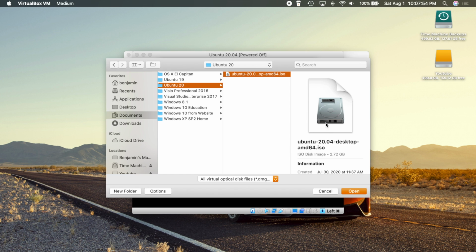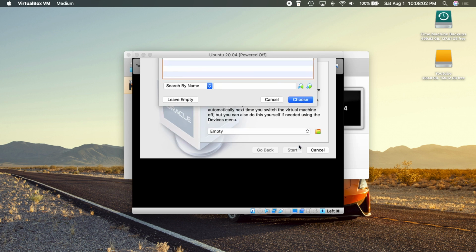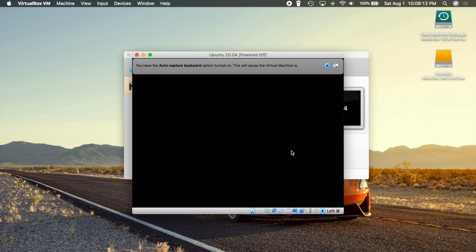But you want to locate that, you want to click on it, and you want to hit open, and it's going to put it right here in this menu. So you want to make sure it's selected, and then you hit choose, and there we go. So now what this means is when we click start, it's going to boot up the Ubuntu installation. So go ahead and click that start button,